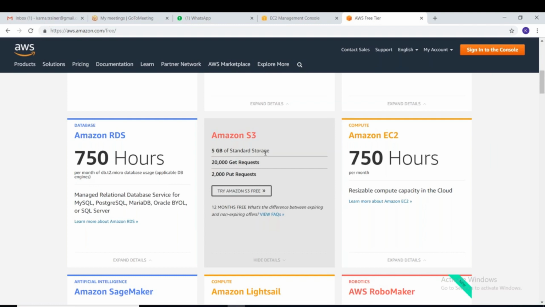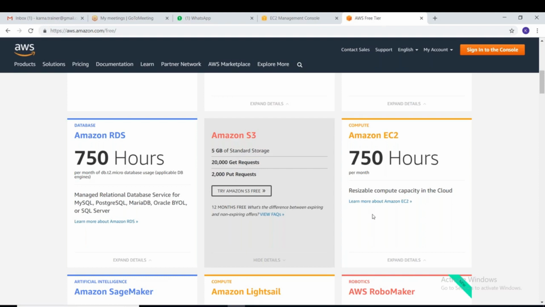The amount of data should not exceed 5 GB, and 20,000 get requests, that means we are trying to read data from S3, and 20,000 put requests, that is we are trying to write to S3. So under free trial per month, we have to use only this amount of memory and this number of get and put requests on S3. That will be considered free trial. Otherwise, if you use beyond this, we will be charged.